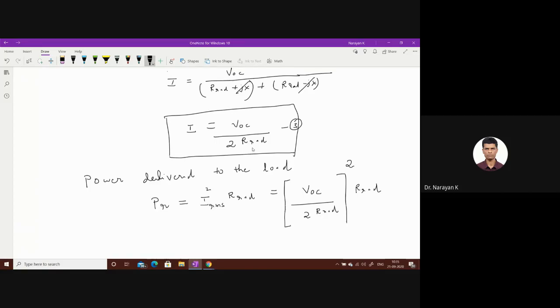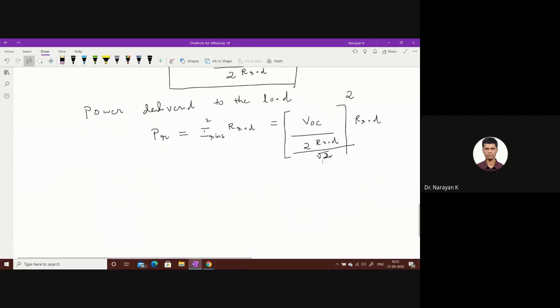Anyone? What I have written is correct or wrong? Sir, you have to write root. Square root you have to write, sir. RMS value of I. Very good. So this is the common mistake you end up doing in the examination. You will end up substituting from equation 3 directly here. That is not the case. I have to divide this by root 2, whole thing square, because it is an RMS value. Whenever you take RMS value, value of I divided by root 2. Remember that, all of you. Got it?